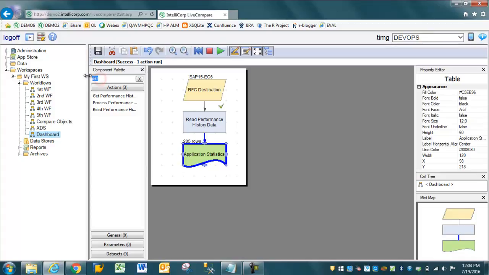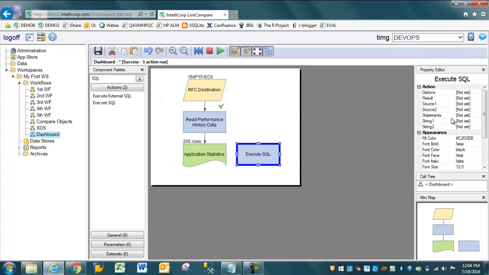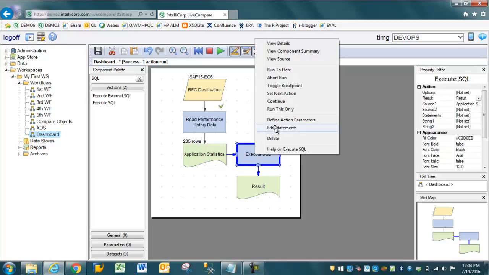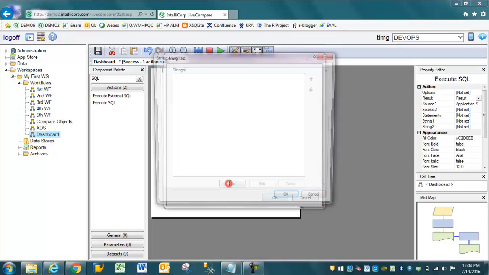Next, drag and drop the execute SQL action next to your app stats. Source 1 will be your app stats, and you'll have a new result coming out, a new table component. Right click on your execute SQL action and choose edit, add a statement,